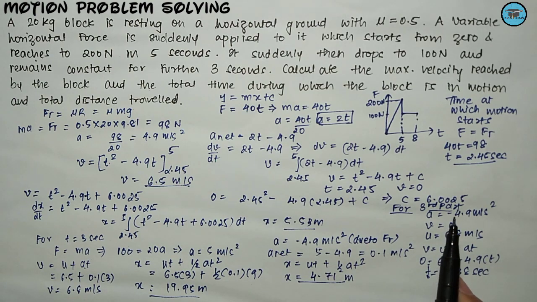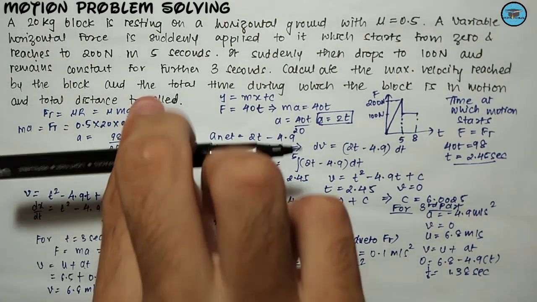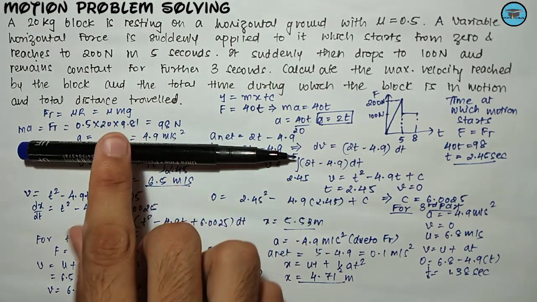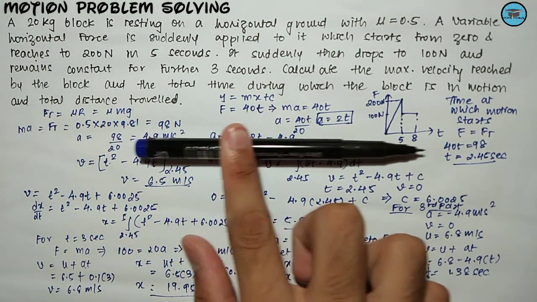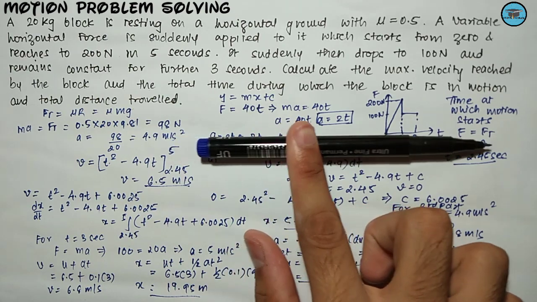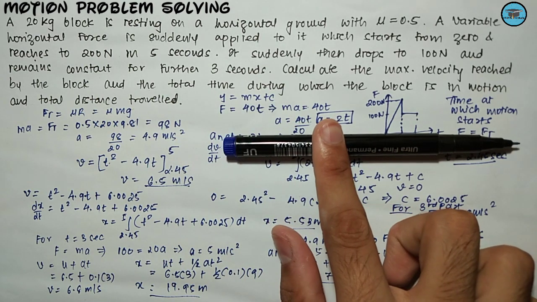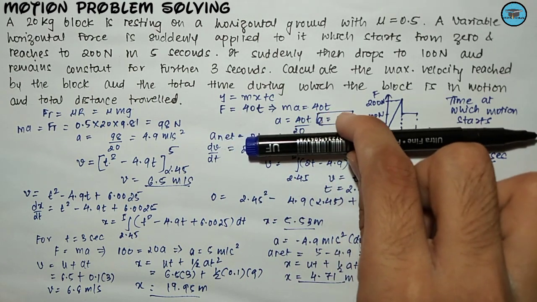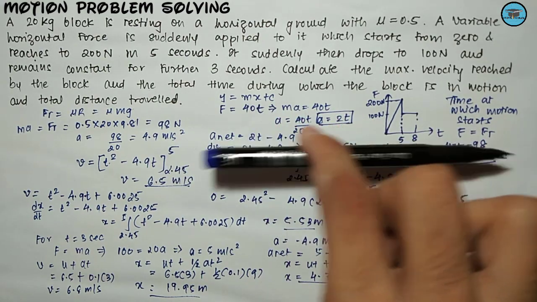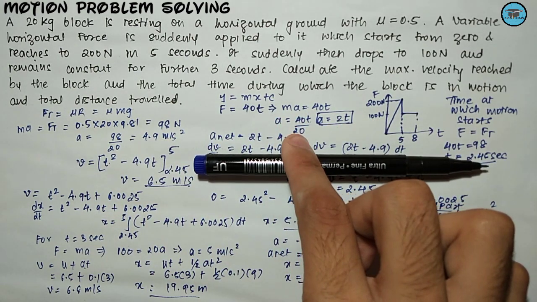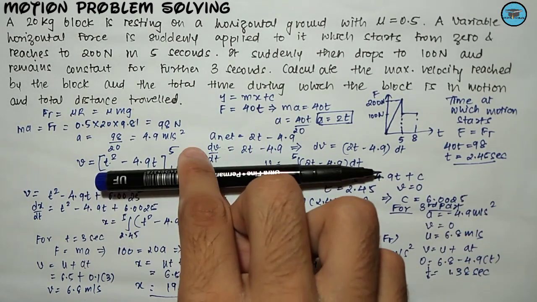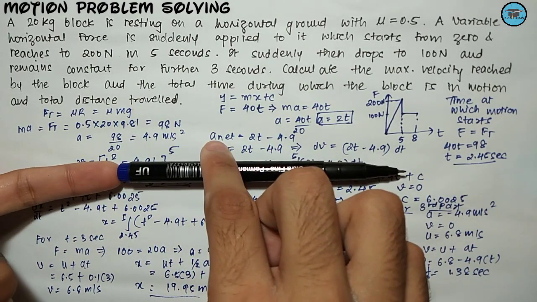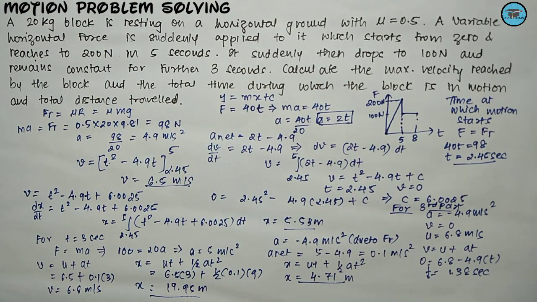This third part we have considered because let us assume that this body is in motion under the application of this force, and if suddenly this force stops, then also this body will continue its motion till the frictional force overcomes the acceleration, meaning the acceleration produced by the frictional force overcomes the acceleration that has been given with the help of this force. So we have considered this third part.